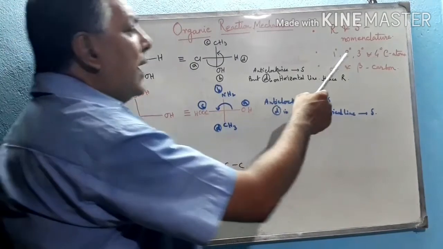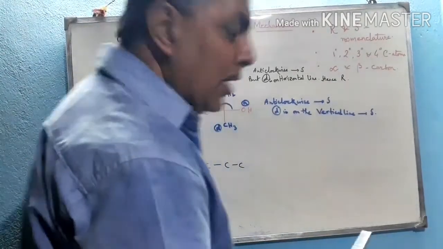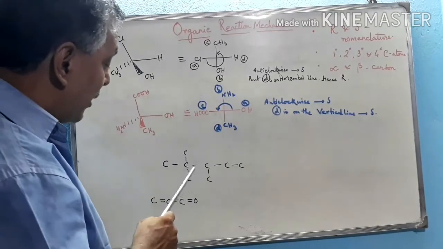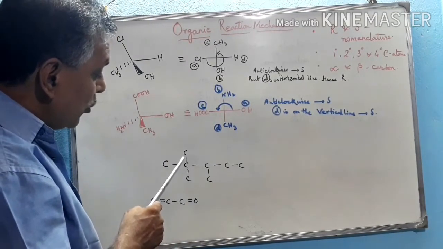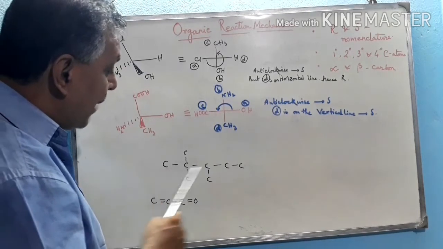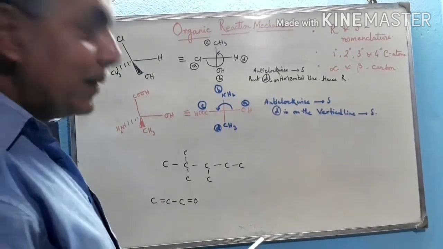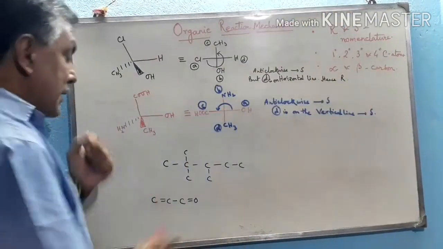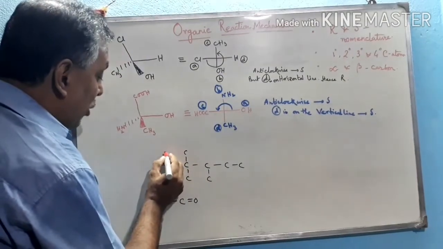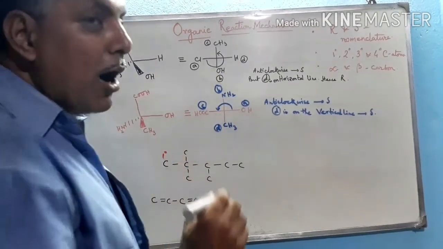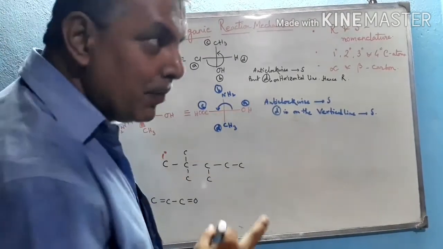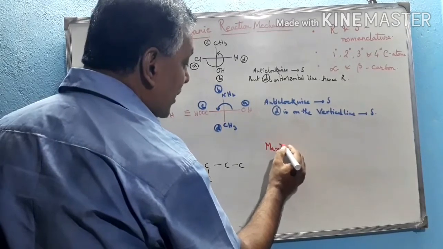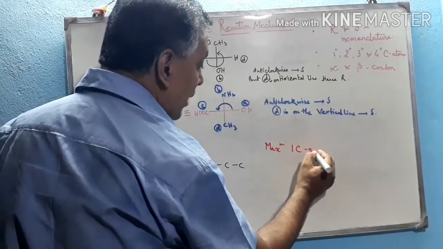Now we have to assign 1 degree, 2 degree, 3 degree and 4 degree carbon atoms. How it comes? See the compound, 1 degree, 2 degree, 3 degree and 4 degree carbon atoms. So this is the 2,2,3 trimethyl pentane. Now if we assign these, this is the 1 degree. How it comes 1 degree? Because we have to see with how many carbon atoms it is directly attached. If it is attached with maximum 1 carbon atom,